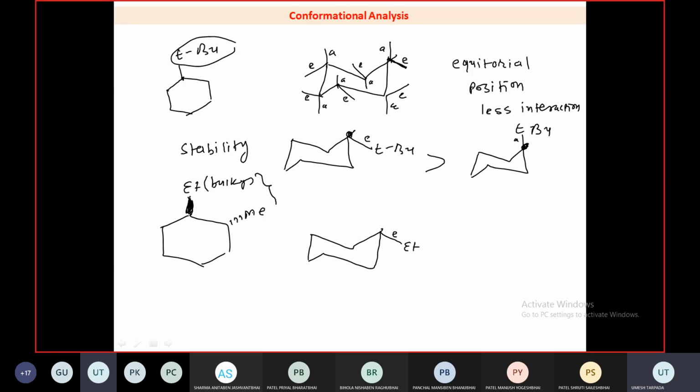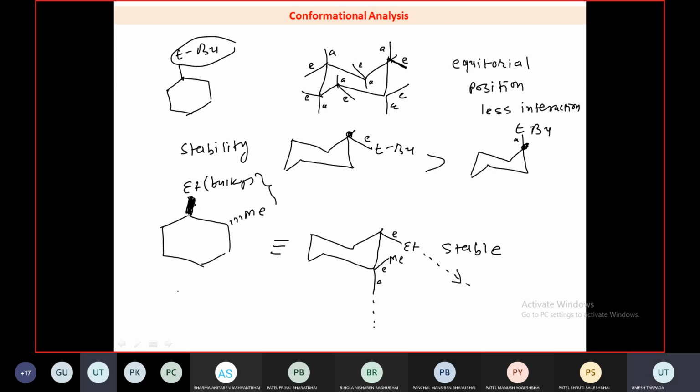Now these two groups are trans to each other. So here, how to draw this stable structure for this trans? Here you simply have to extrapolate the direction. At 1 and 2 position, if you extrapolate this group, it goes into downward direction. And this group you can extrapolate here at equatorial and axial. You need both trans. So at axial position, this is in downward direction, but equatorial is upward. So you can put methyl group at equatorial. So now both the groups are equatorial. This is the stable structure for the given cyclohexane derivative.